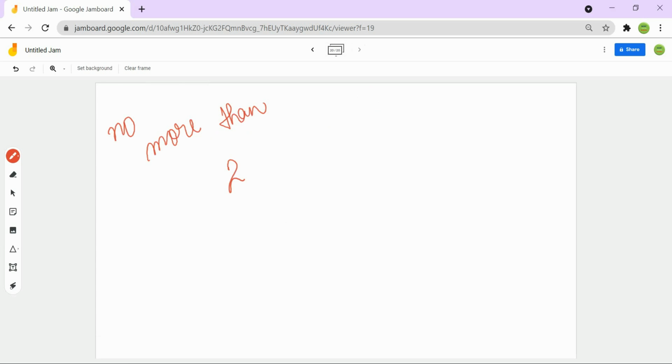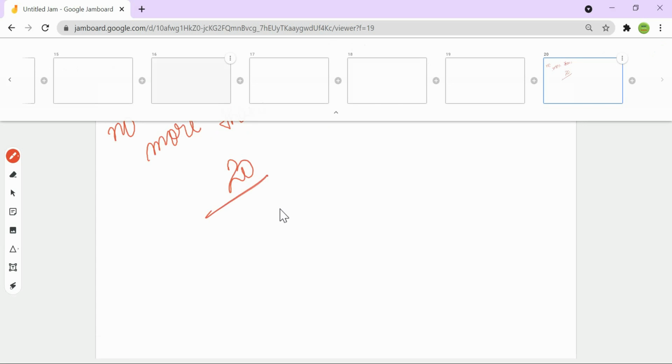After you have created it, if you want to delete those slides which you don't like, you have to go to these three dots and you can delete them. Again, go to these three dots, delete them. Like this you can go on using this method. This is a very good method. Okay,